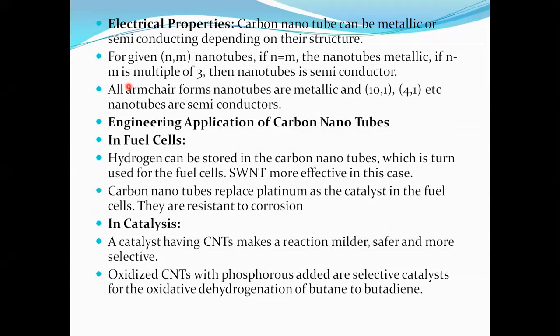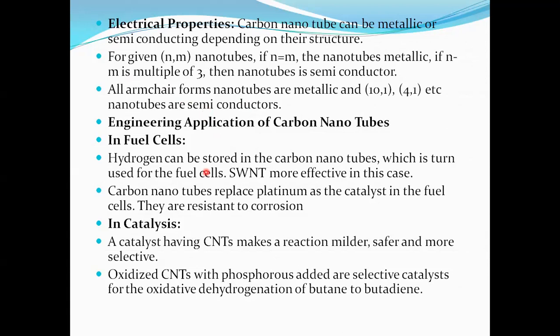When we're discussing carbon nanomaterials, they have three main classifications. When we are discussing single-walled carbon nanomaterials, number one is known as armchair, number two is zigzag, and number three is chiral. When we take the armchair carbon nanomaterials, they are known to be excellent semiconducting materials.